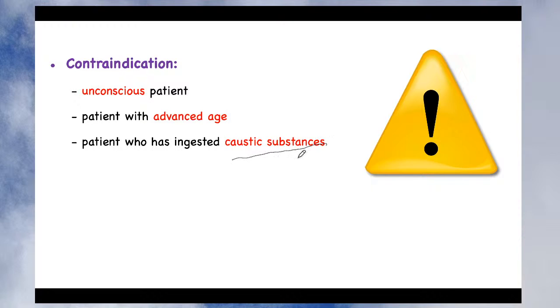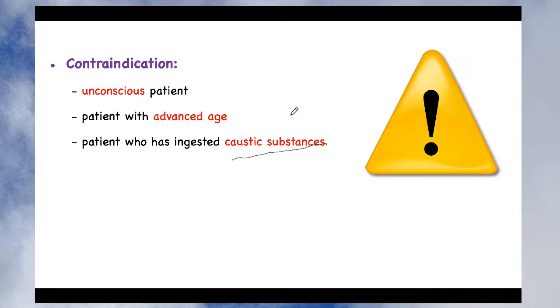Now what happens when you give it to a patient who has ingested caustic substances, like an extreme alkali, or if someone has ingested an acid? While going into the stomach, it also produces some corrosive action on your system, right? So if you bring it out again through the vomiting action, it may produce additional corrosive action on the stomach. So in such cases, instead of giving an emetic drug, you can